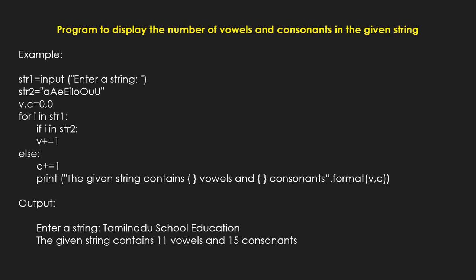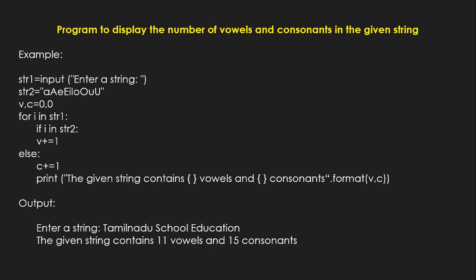For i in string 1, you input one string and you take each character out from the string. If that character is there in string 2, then you add v equal to v plus 1, because what is string 2? String 2 is full of vowels. So if you separate one character out from the string and it is in string 2, then you have found one vowel, so you increment the value of v. If it is not there in string 2, then you increment consonant c equal to c plus 1. That is only writing c plus equal to 1, v plus equal to 1.